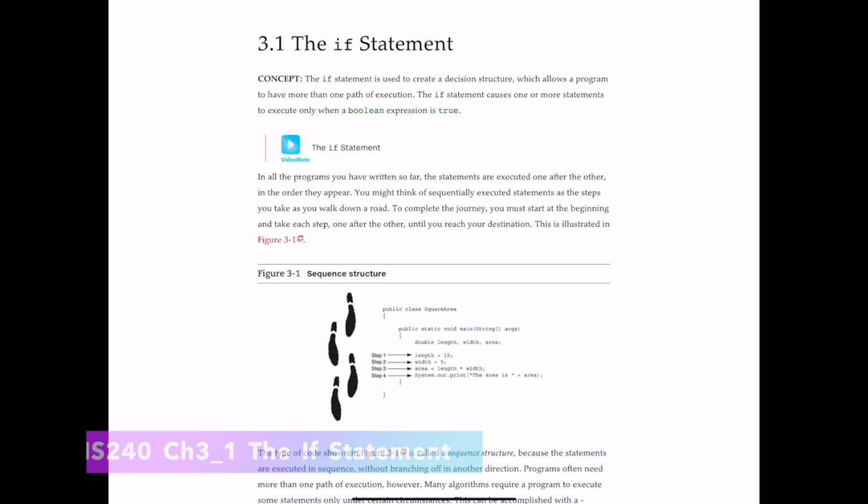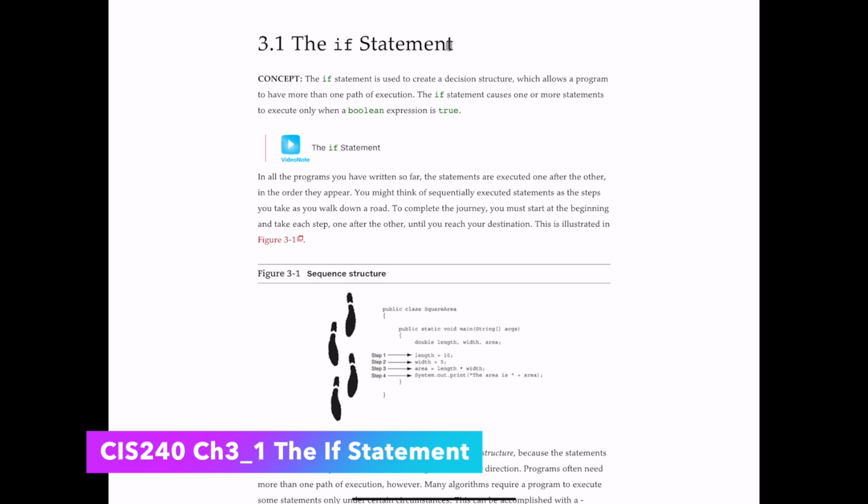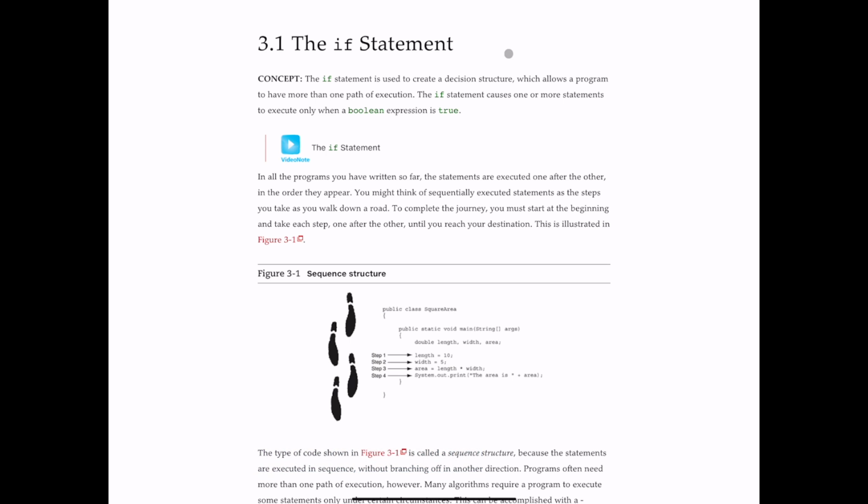Our first stop here in chapter 3 is the if statement. What we are saying here is we need to make a selection. A selection really is a move between alternatives. So if something is true, then we do this. The simplest expression is this if statement. So what we're going to do here is look at